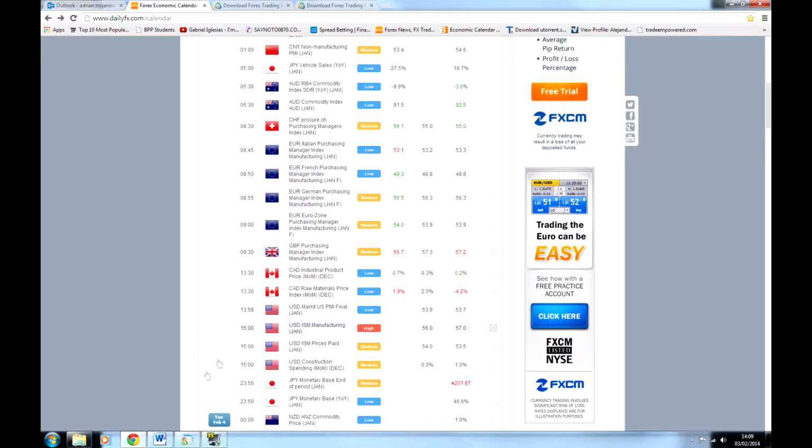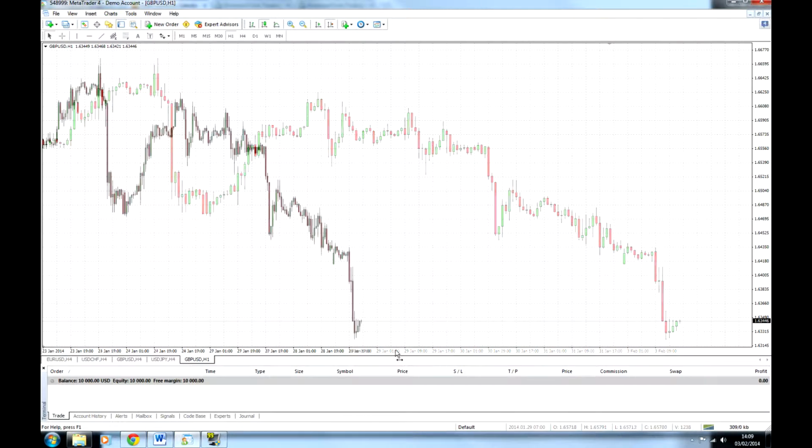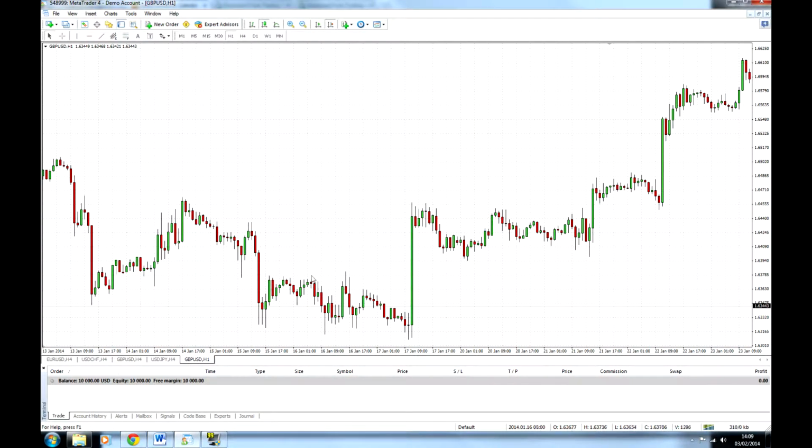The reason for that is because very important events can cause very big changes in the price. Like here, we have a very, very big jump. So for example, as you can see, it was slightly going lower. Perhaps somebody who was not really aware of what was going to happen in the next few hours said, if it is going to go lower, I'm also going to start selling it to make some money on it, because it's going to go lower. But then there was some very important news released,